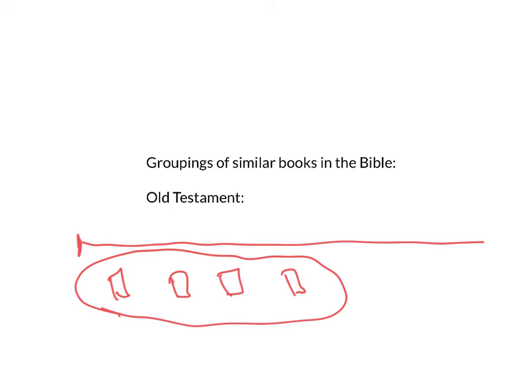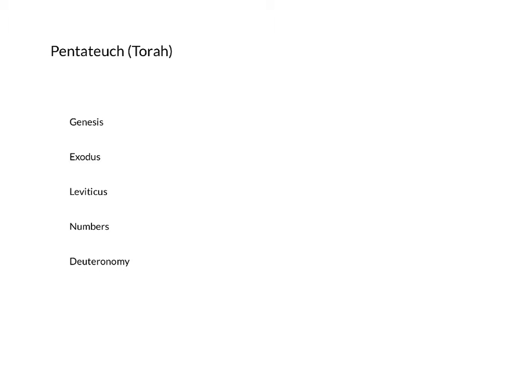And others people said, oh, this one definitely does belong, and I think it belongs in this group. So this was not a process that was handed down by God. It's a process that human beings undertook to try to make sense of it all and arrange it in some orderly way. So first of all, let's start with the Old Testament, and the first main section of the Old